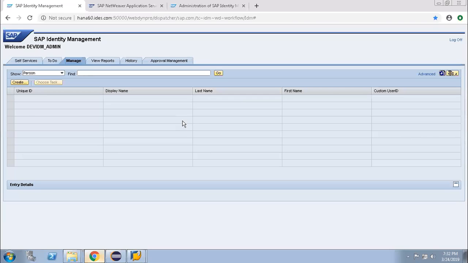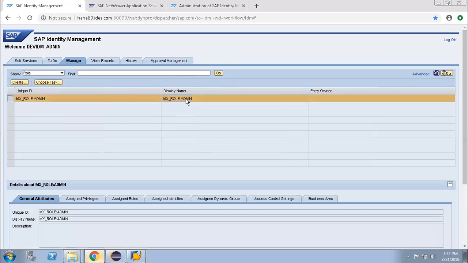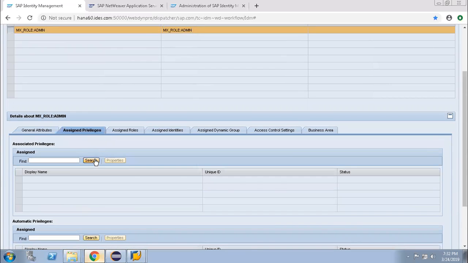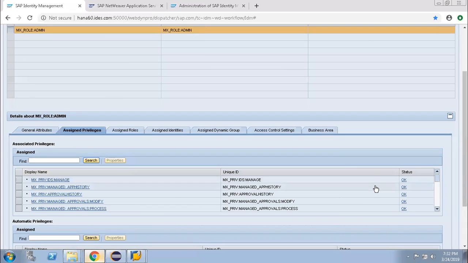Now, before going to discuss roles and privileges, let's see how many roles or privileges are there in the system. There is only one role present. That is provided by SAP by default, and if you search for the corresponding privileges, the standard privileges are available.